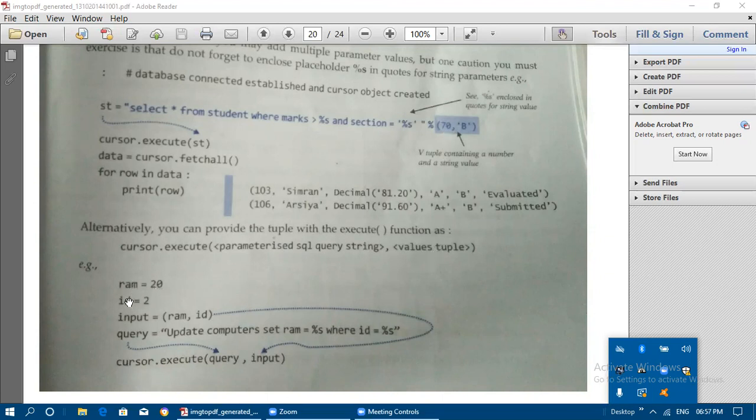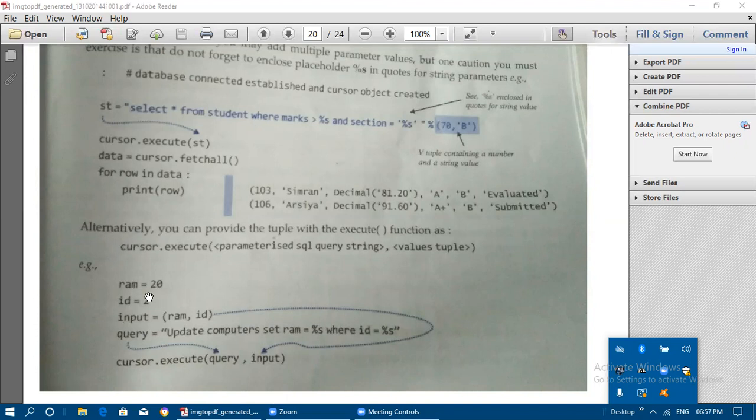So ROM 20 and ID 2. Input is equal to ROM comma ID, this is a tuple, that is input. And the query is update computer set ROM is equal to percentage s where ID is equal to percentage s. So the query variable is passed here as the first one, which we are giving within double quotes, and input has the values ROM and ID.